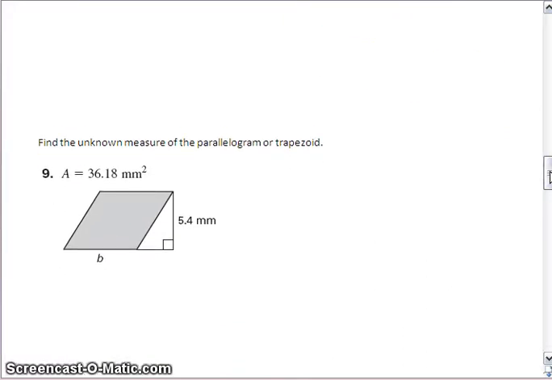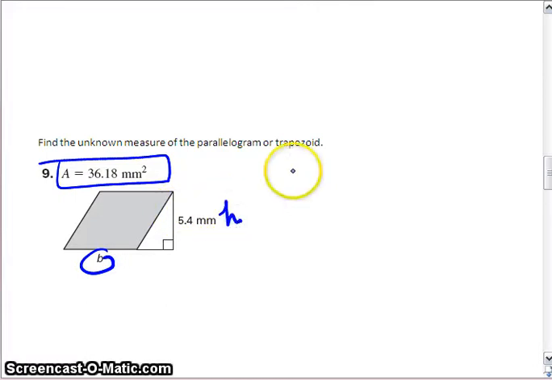Now, find the unknown measure of the parallelogram or trapezoid. Well, this one's a parallelogram. Now, we're only talking about the shaded region. We know the area, okay? But we don't know the base. We know the height. We know that base times height gives us our area, so